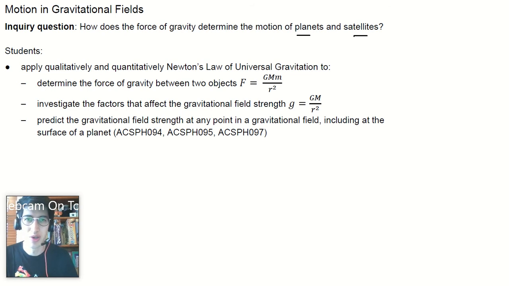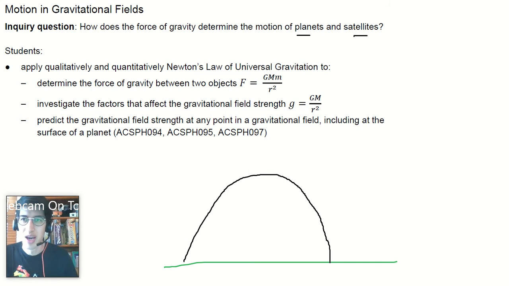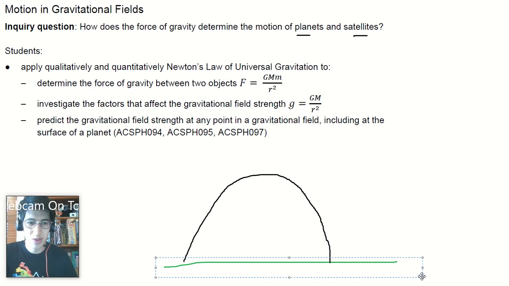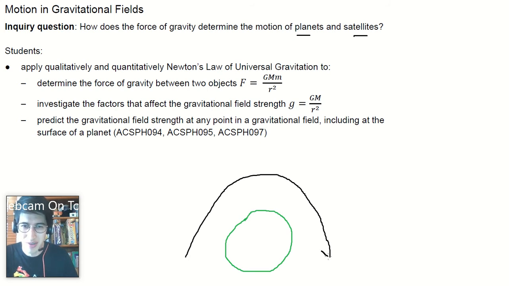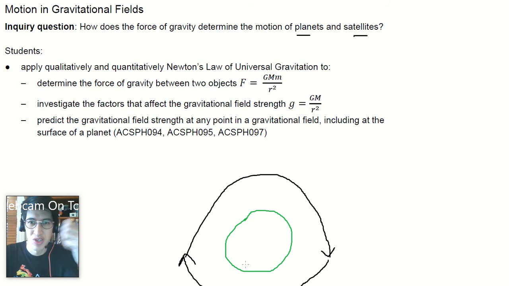So we looked at projectile motion and we said, okay, you have the ground here and a projectile is fired and it shoots up, moves in a parabola, and then hits the ground. If you imagine a projectile which moves so far along the ground that it actually moves around the curvature of the Earth, so the Earth is this big, then you can conceivably imagine that instead of hitting the ground here, it continues to move in projectile motion around the Earth down here and back up to here where it began. And this is an oversimplification, but it's essentially how satellites such as the moon stay moving around the